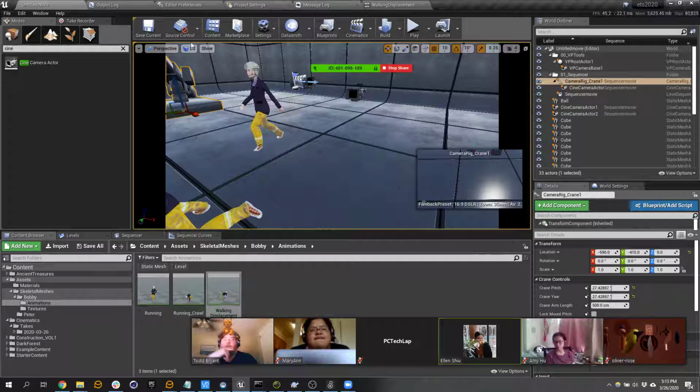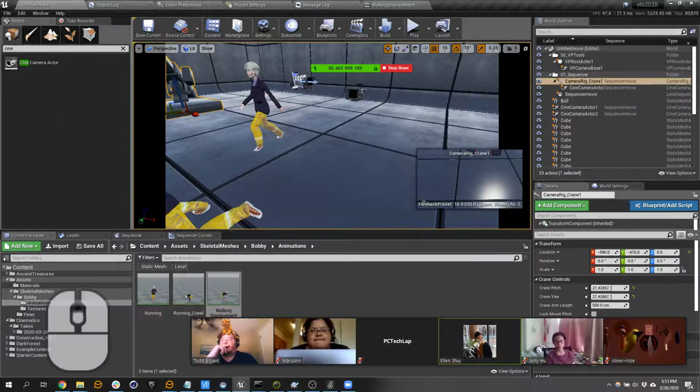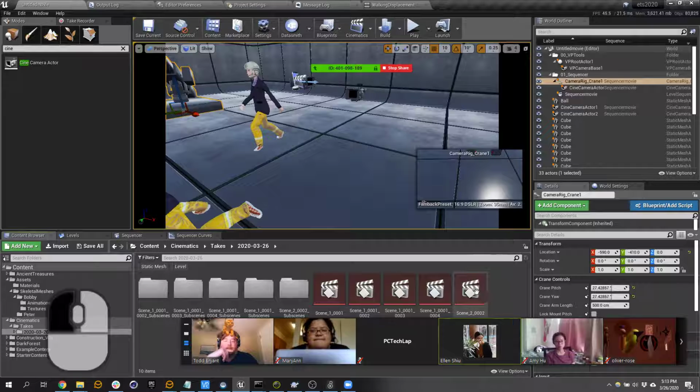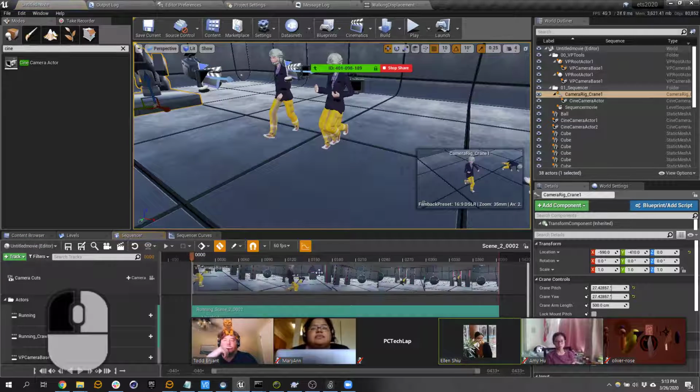I did do a virtual camera in this one. If I open up the take I did in my content browser, I have cinematics, takes, and then today's date, and I did that scene 2. This is the virtual camera stuff I did. Lock it in place. You can see that